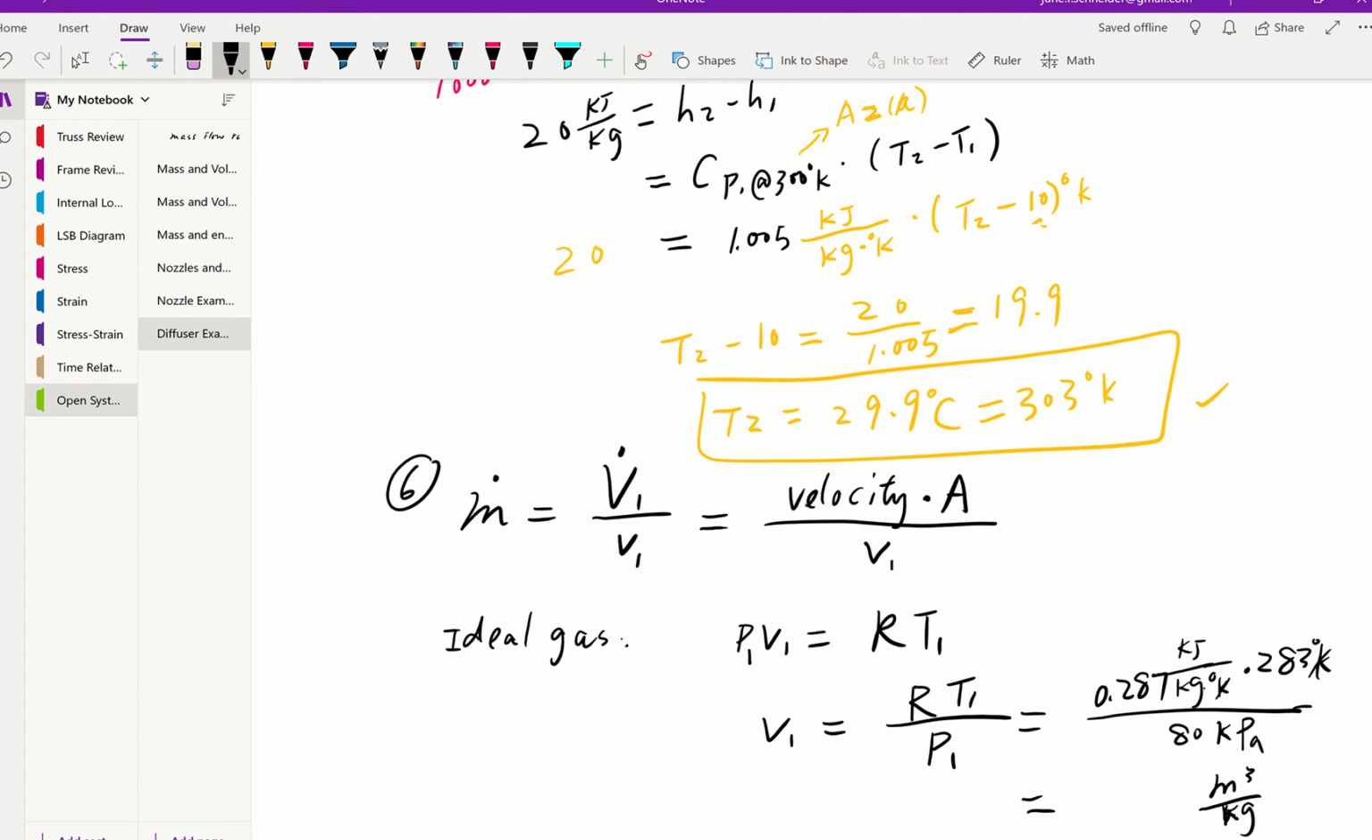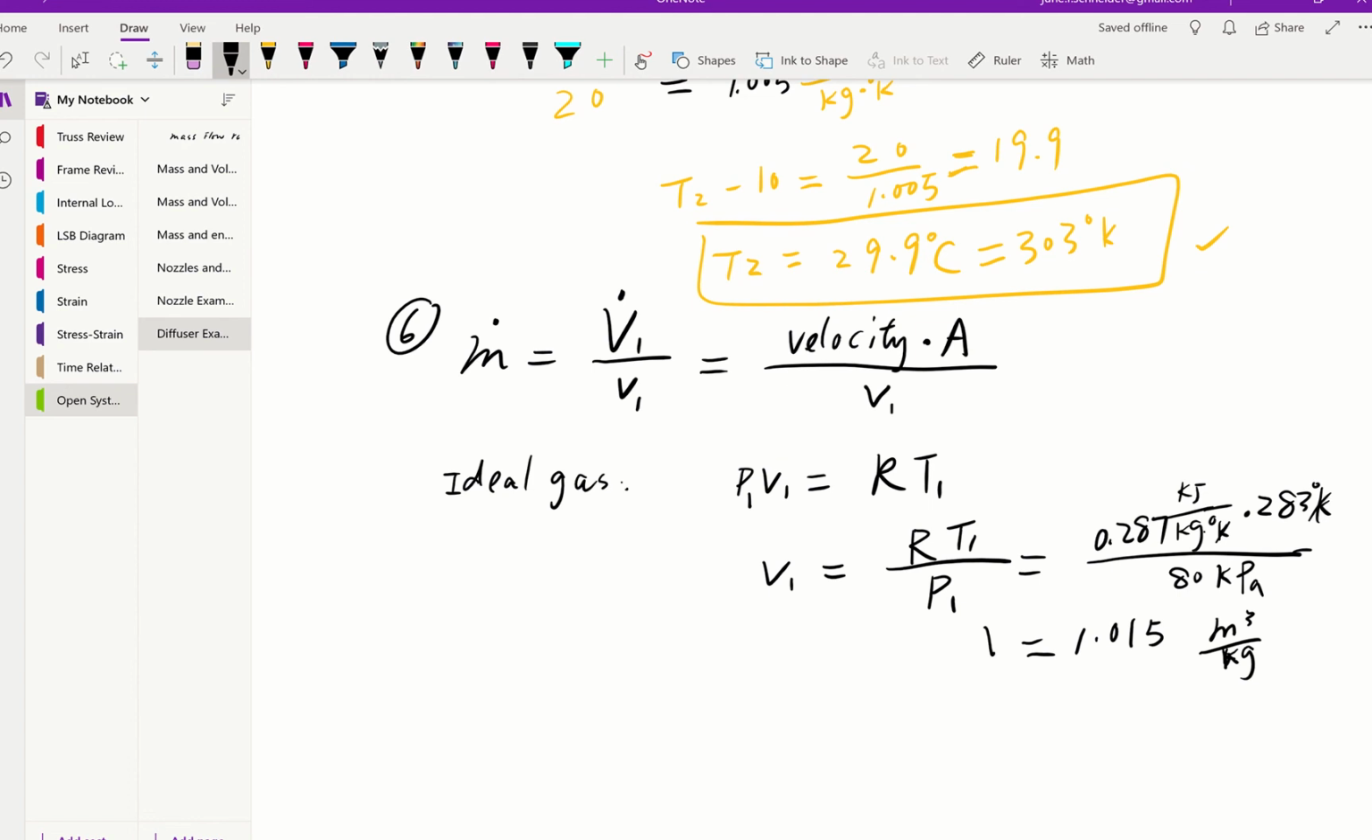And now let's go ahead and put our values in. 0.287 times 283, then divided by 80. That gives us 1.015. That's our specific volume. So knowing this,